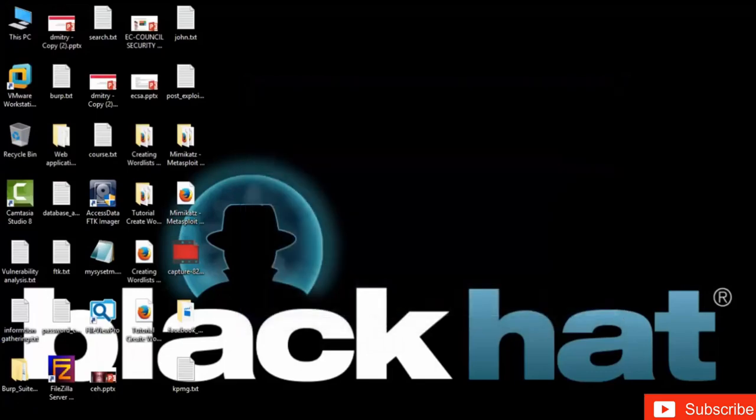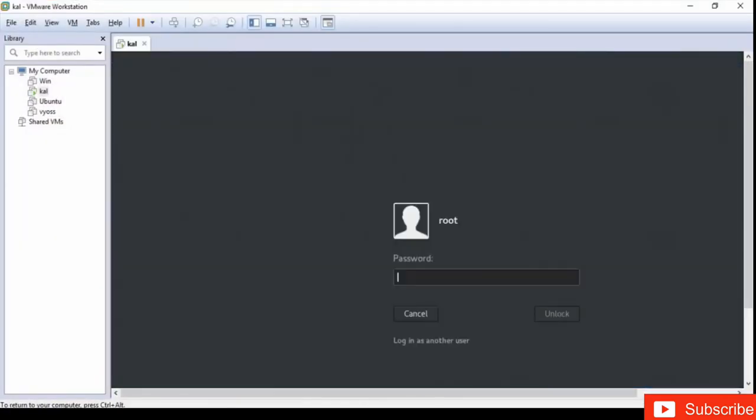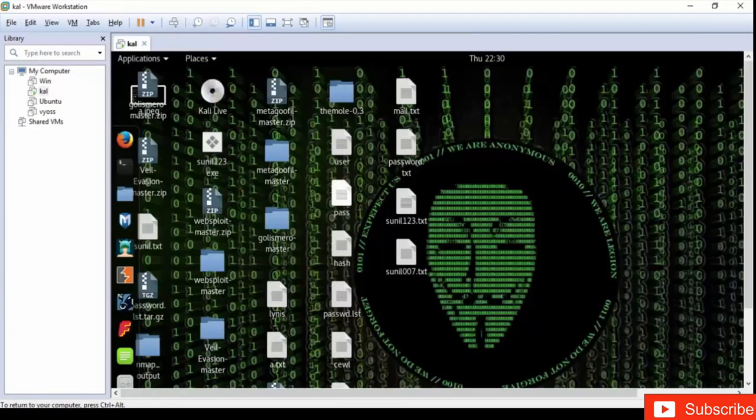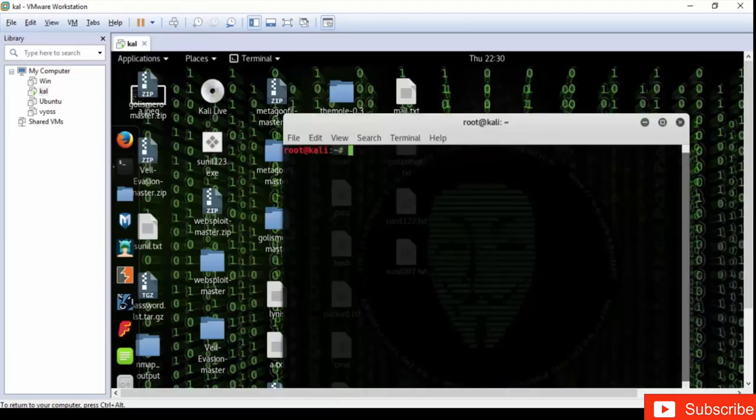Right now the turn is for Kali Linux: if the FTP port is open in Windows, how will you break the FTP? So what I'm going to do is create a password file, because I don't know the password list, so I'm using crunch. I don't know that the password is Sunil, so I'm creating a permutation combination of Sunil. So let's do it. crunch 4 5 Sunil -o /root/Desktop/Medusa.lst